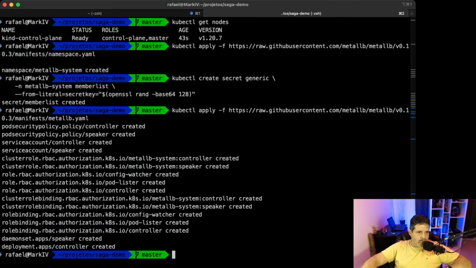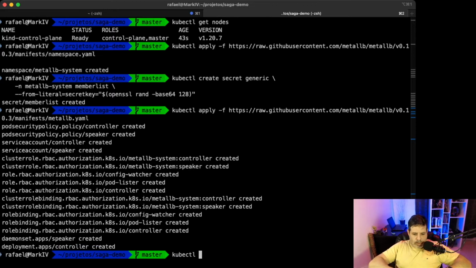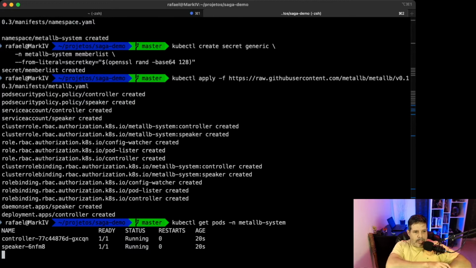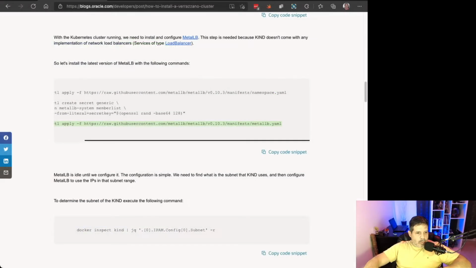So all these resources, pod security, service account, cluster role, deployment, daemon set have been deployed. We can even do kubectl get pods in the namespace metallb-system. Pods are running. And what else can we do? Well, we need to configure MetalLB. It will not start